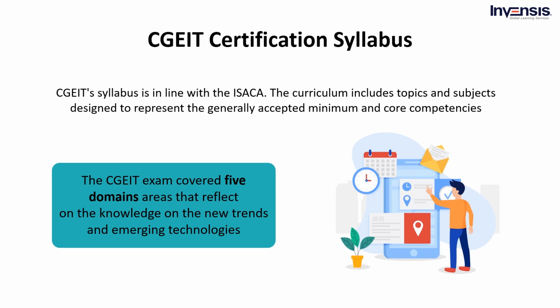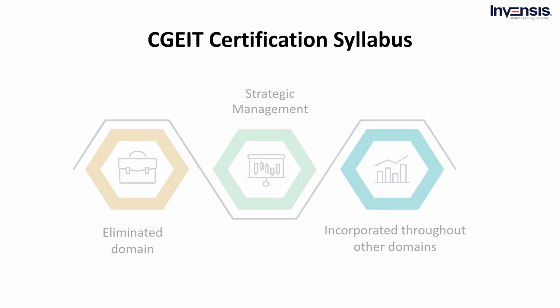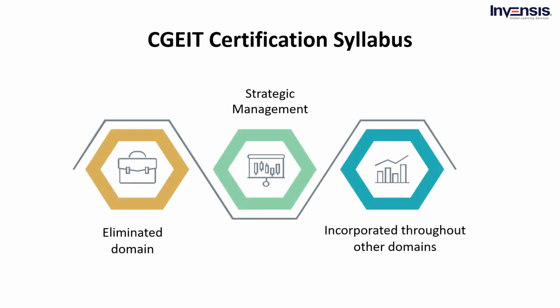CGEIT syllabus is in line with ISACA. The curriculum includes topics and subjects designed to represent the generally accepted minimum and core competencies required by CGEIT. Previously, the CGEIT exam covered 5 domains that reflect new trends and emerging technologies. In 2020, the CGEIT exam content eliminated strategic management from the criteria as strategy and management are incorporated throughout the